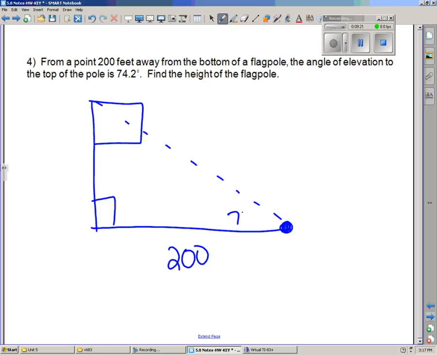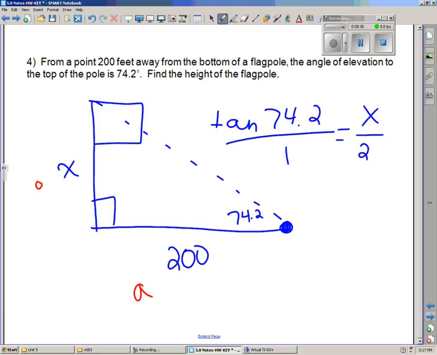The angle of elevation falls right in here. Find the height of the flagpole. You're looking for this. You now have an opposite and you have an adjacent. It's a tangent function. Tangent of 74.2 over 1 equals x over 200. Cross multiply and solve, and you're going to get 706.8